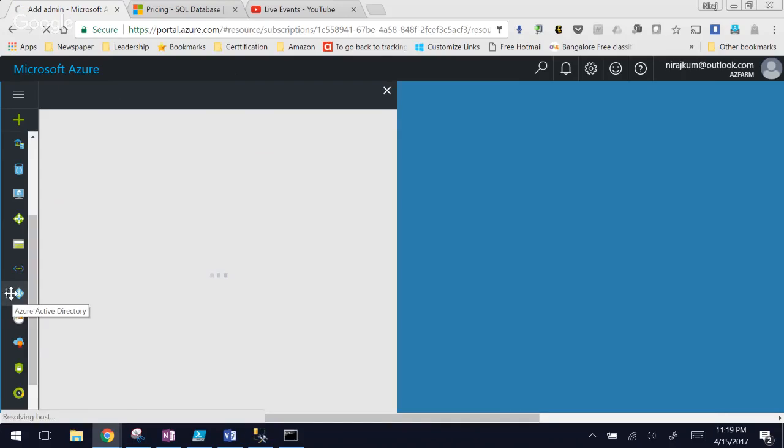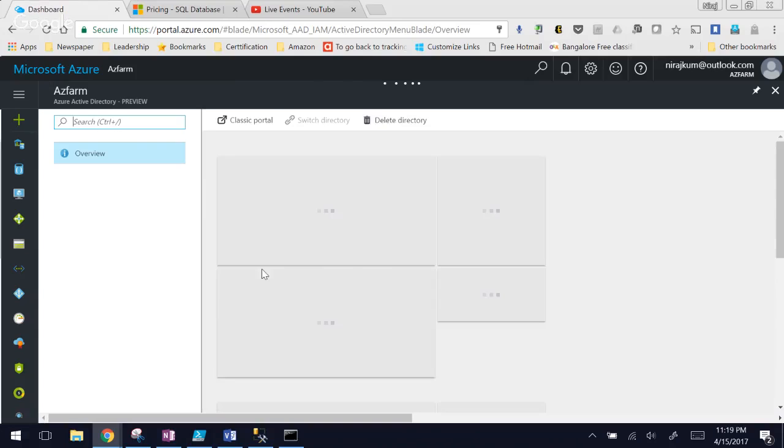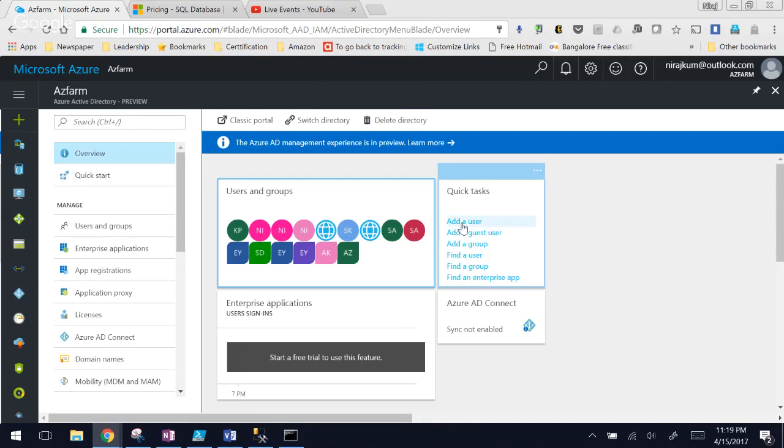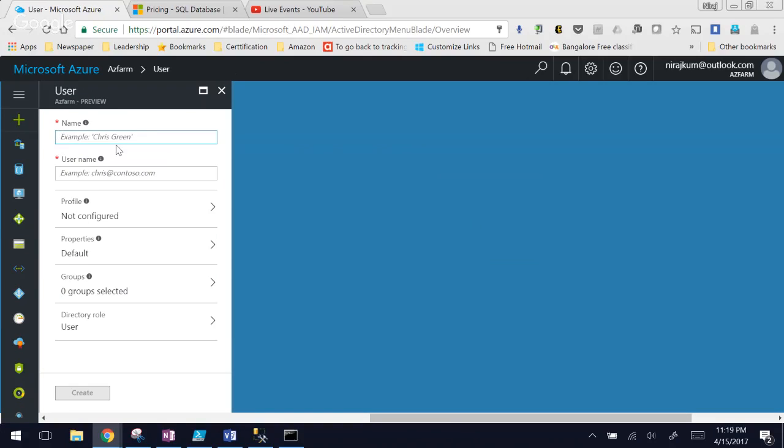I will show you, and I will go under my users. So here I have different options, right? I can add a user. If I have already added a user, not a problem. But if I haven't, I can go ahead and create one over here, and I can also add a group, which essentially will be a group of all my SQL DBAs. So let me add a user first, and I can say my SQL DBA1,